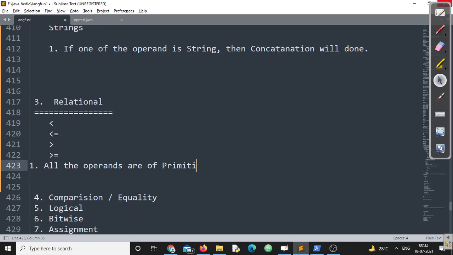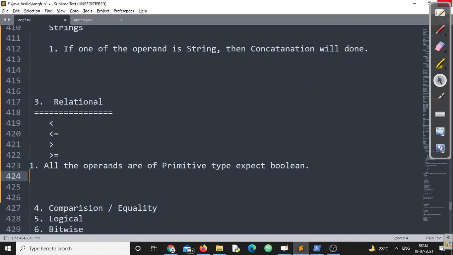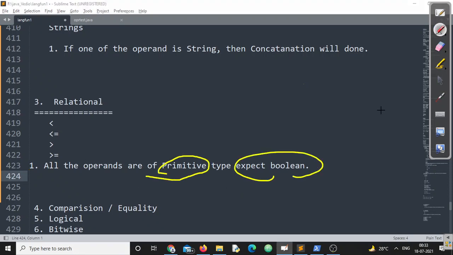Remember, this cannot operate on objects. This only operates on primitive types, except boolean. All the relational operators can be operated on any primitive type except boolean. Boolean is not allowed here.